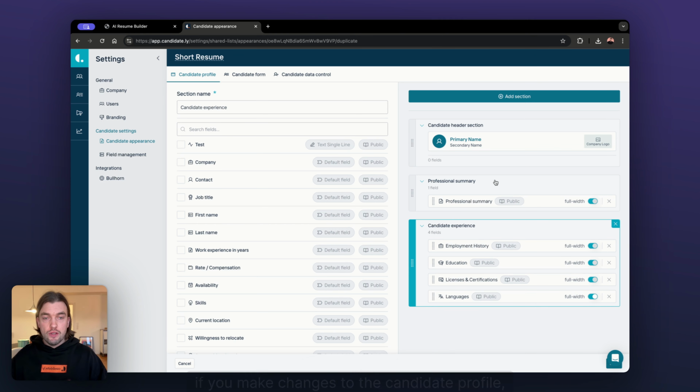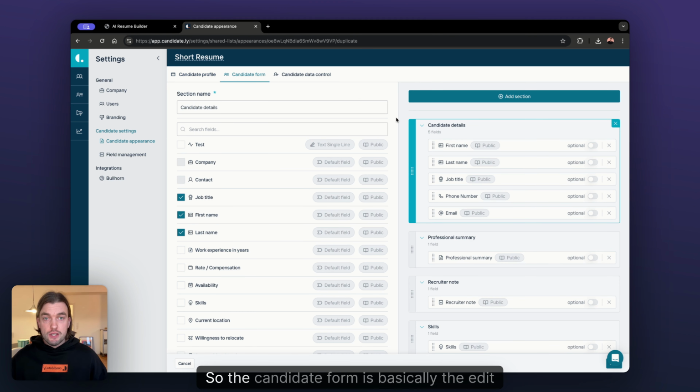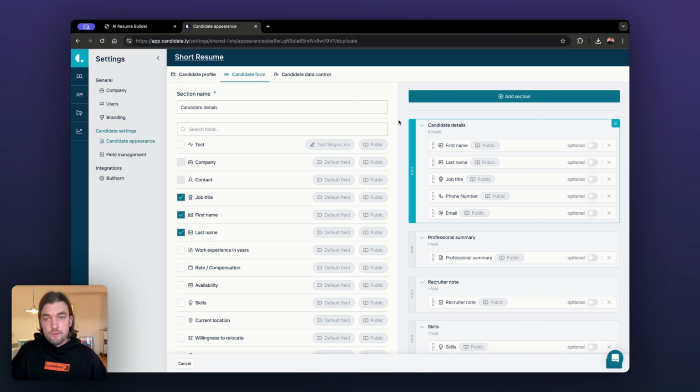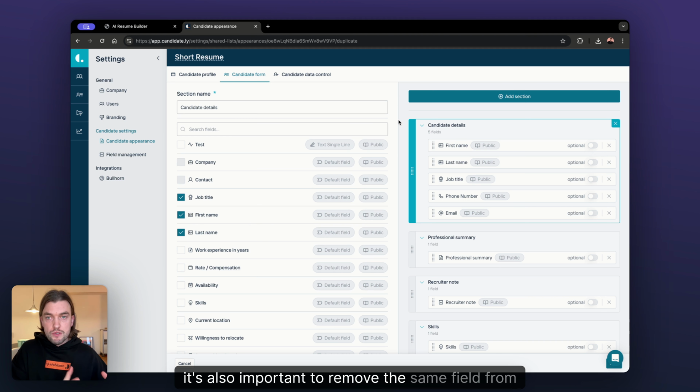Now, very important, if you make changes to the candidate profile, you also need to make the same changes to your candidate form. So the candidate form is basically the edit section of the profile. So if you remove a field from the profile, it's also important to remove the same field from the candidate form. And also vice versa, if you add a new field to the candidate profile, also add the same field